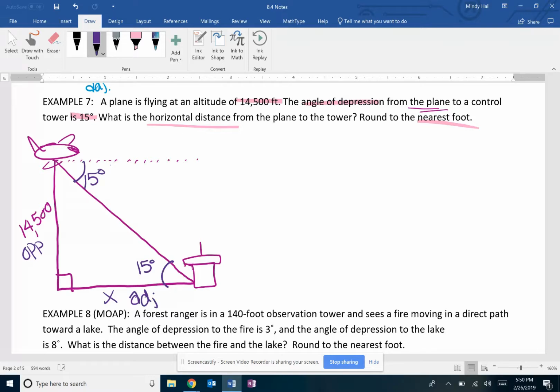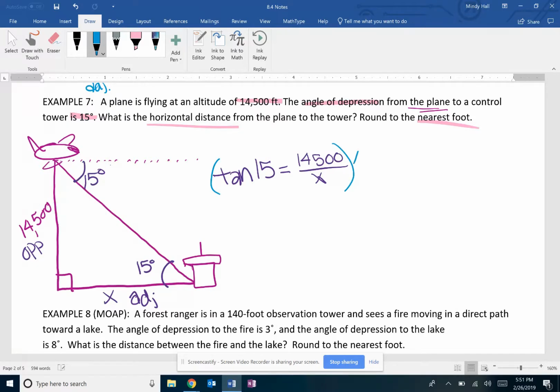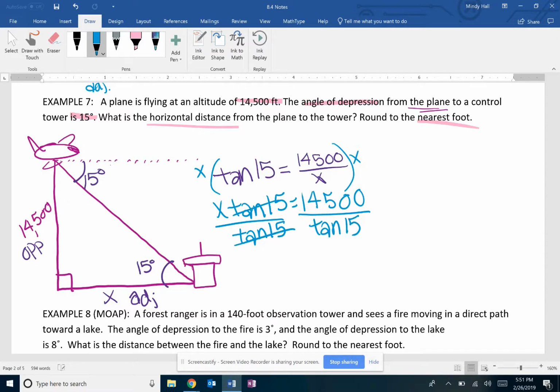Adjacent. So then we have tangent of the angle we're talking about. Tangent of 15 is opposite over adjacent. So then we're going to multiply both sides by x. So we have x times tangent 15 equals 14,500. And then we divide by the tangent of 15. And we have x equals 14,500 divided by tangent of 15 is